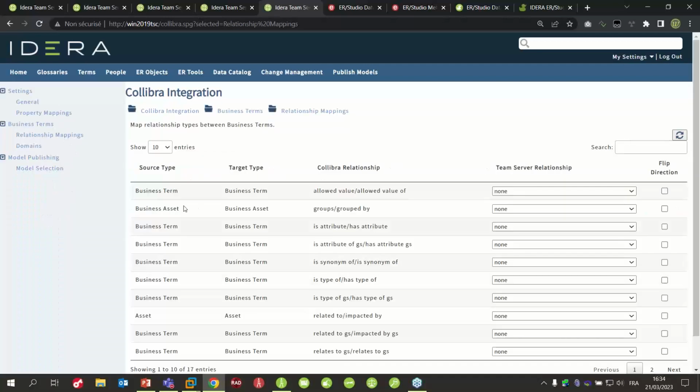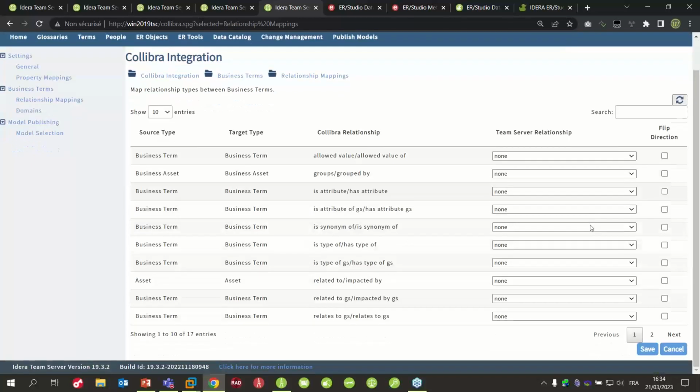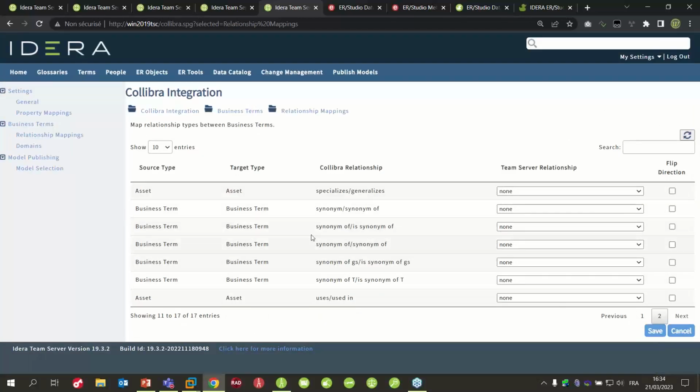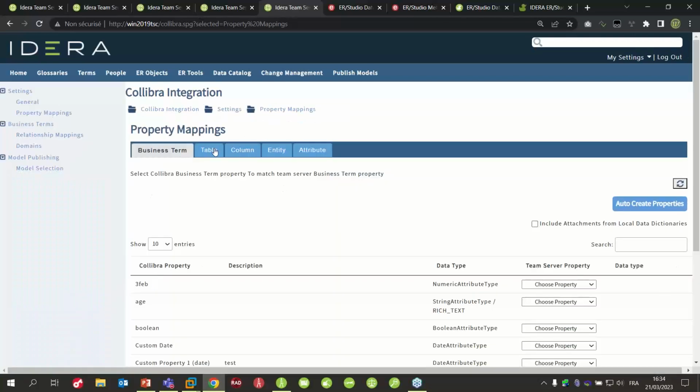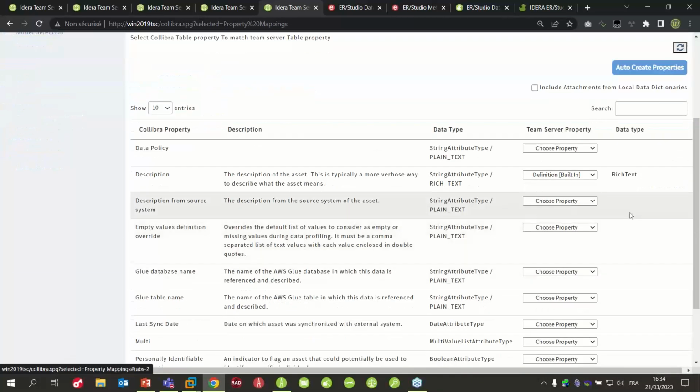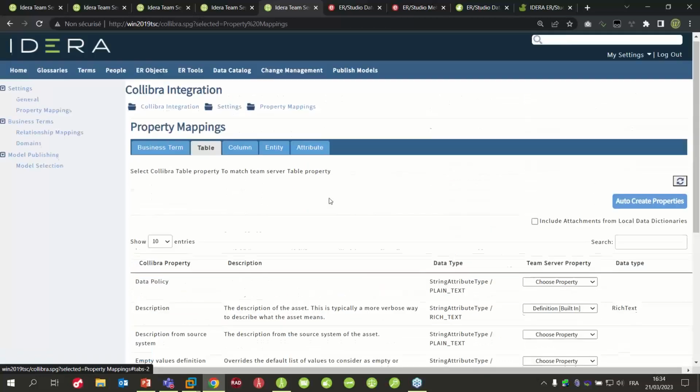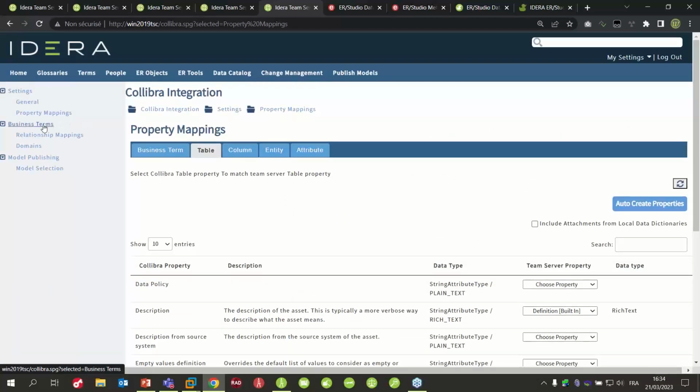If I click here, you can see that business term will be linked to these different objects. For example, for my tables, I will link description with definition in Team Server. Collibra will be description and so on. And then you can directly specify which model you want to synchronize, and it will automatically synchronize your different business